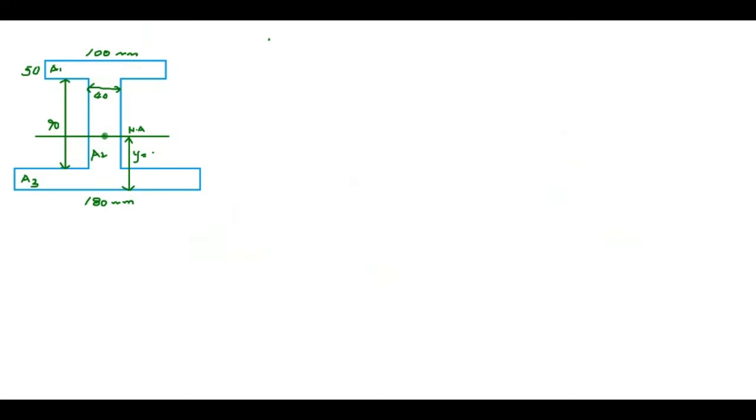I need to know the location of the center of gravity. It is not given in the question, but I can find out the value. As you can see from this image, from the bottommost layer, the CG of the complete section is at a distance of 79.09 mm. So y is equal to 79.09 mm. So how did I calculate this?